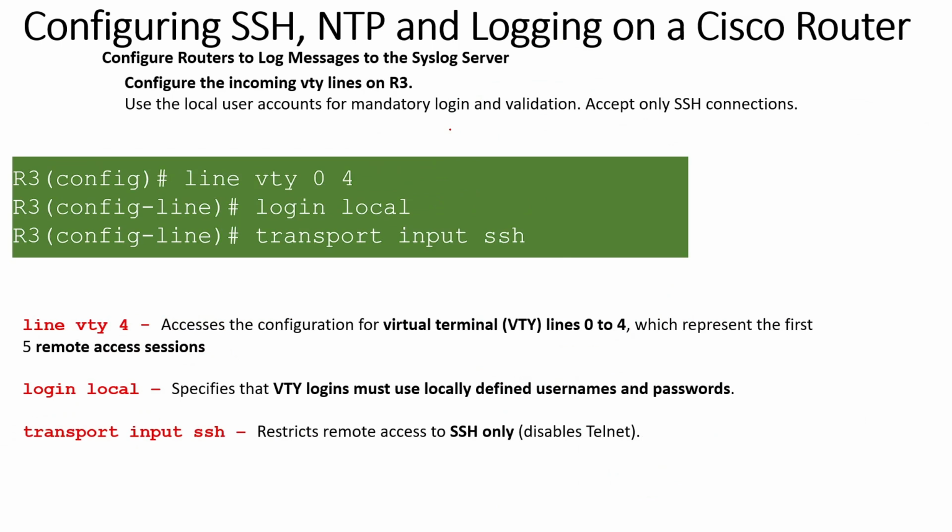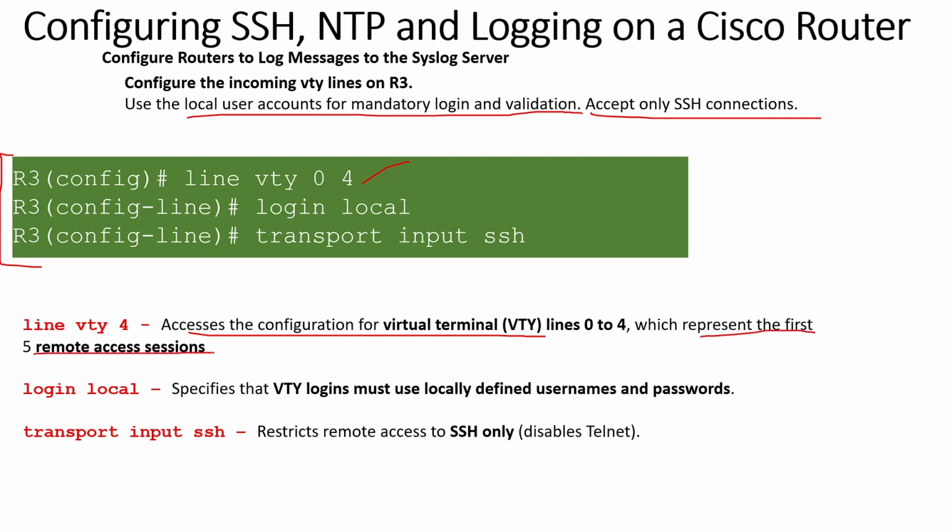So now let's configure the incoming VTY lines on R3. We use the local user accounts for mandatory login and validation, and we should only accept SSH connections. This configuration is done on R3 only, in which the first command is line vty 0 4. This will access the configuration of the virtual terminal lines 0 to 4, which represents the first 5 remote access